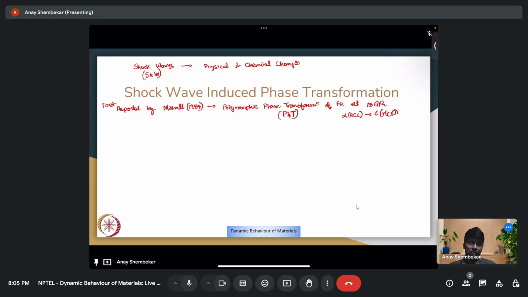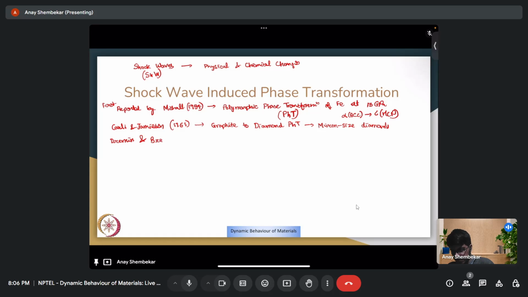So there was a shock wave in this phase transformation, and next up another important one was Carlson and Jamieson, 1961. They reported graphite to diamond phase transformation due to shock waves and observed micron sized diamonds. May not be very useful for a ring, but particularly useful in the industry. Third one, Dremin and Breusov, 1960,